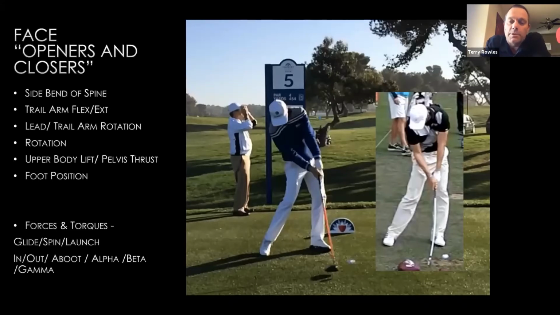So again, remembering we're human beings when we're playing golf, if I'm going to straighten my arm earlier in order to close the face earlier, then I'm going to need more space to straighten my arm into, and vice versa. If I have a strong grip and I have to keep my arm bent for a longer period of time, then I'm going to side bend more in order to be able to keep that bend and still hit the ball without whiffing it. So the upper body lift numbers, pelvis thrust and lift, all change